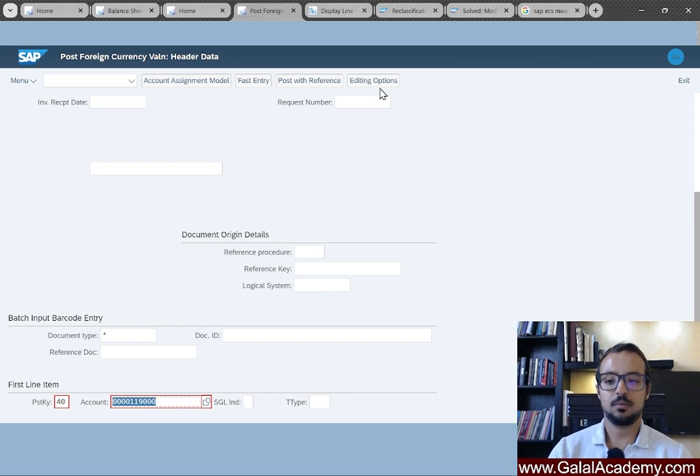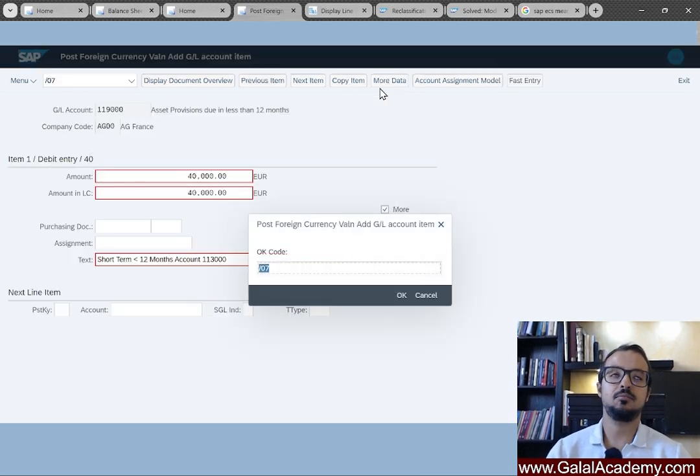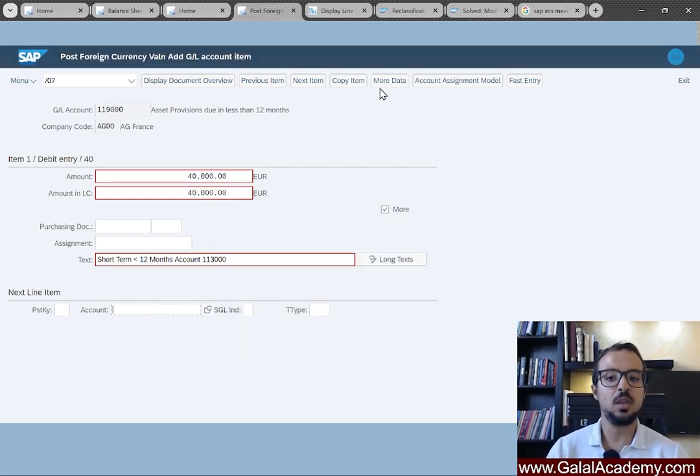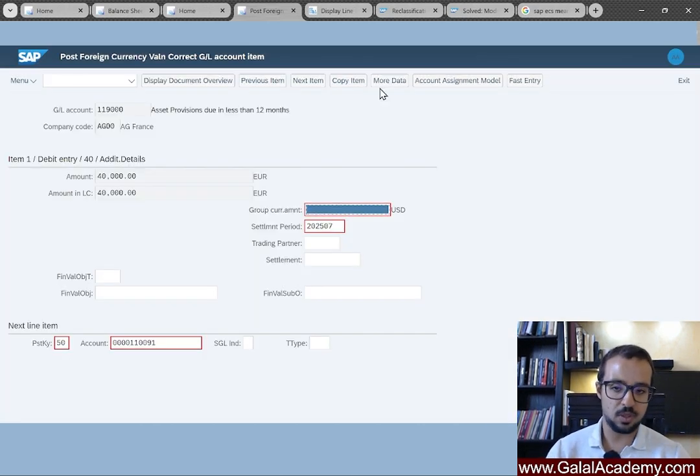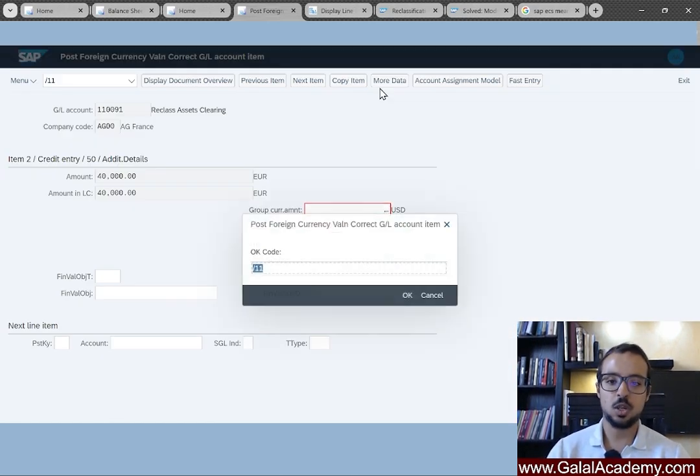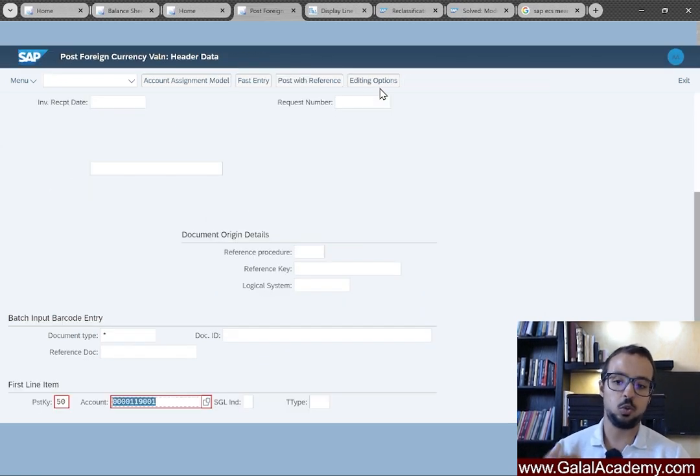Enter. So this is the batch input processing. It's not something that is unique to the reclassification program. You can actually create batches for different things in SAP, and this is how you manage batches anyway. So you can run them in the foreground, just press enter and watch, or you can do this in display errors only. So SAP is only going to pop up a message if there's an error, or you do it